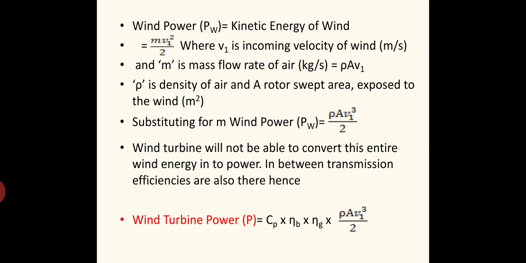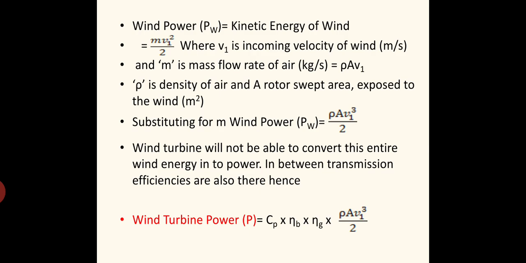Usually if the wind is blowing horizontally and the vanes are perpendicular to the wind direction, as in the case of horizontal type turbines, then the area exposed to the wind will be a circular area. We can calculate it as pi by 4 d square, where d is the diameter of the rotor. But if the speed of the wind is very high, usually the wind rotor is kept at a particular inclination in order to reduce the effect of the wind. So in that case, the area will not be equal to pi by 4 d square. A slight variation will be there. That tilted angle also is to be considered. So anyway, A is the rotor swept area exposed to the wind in meter square.